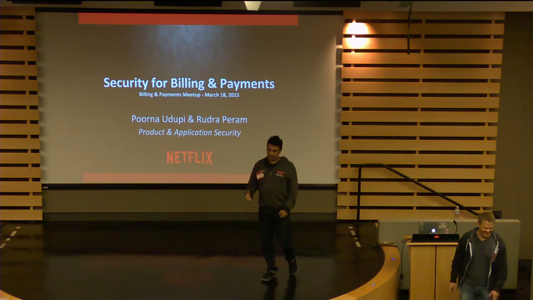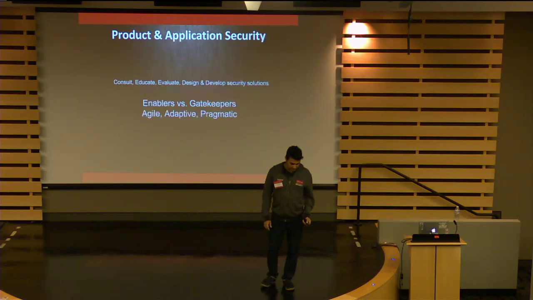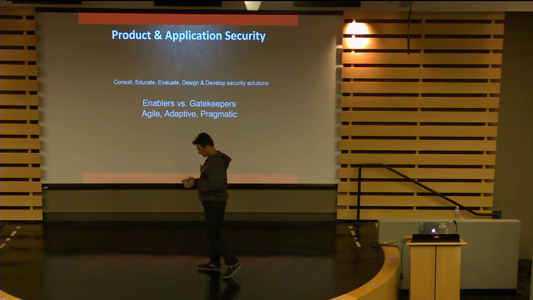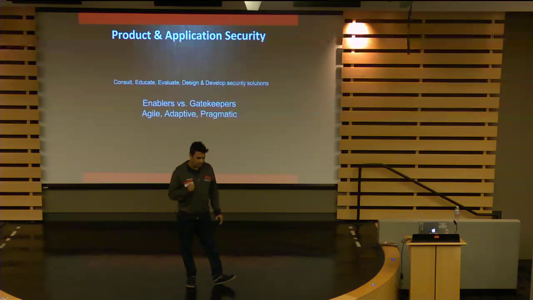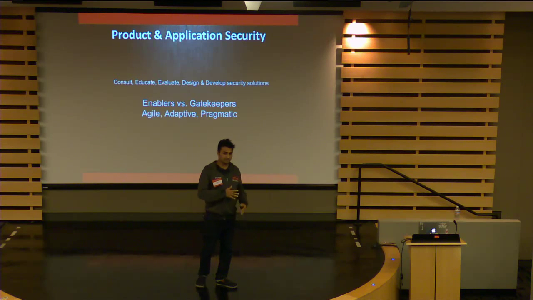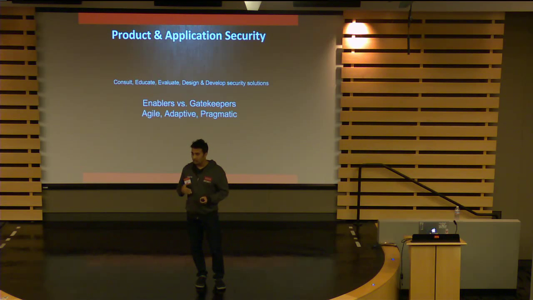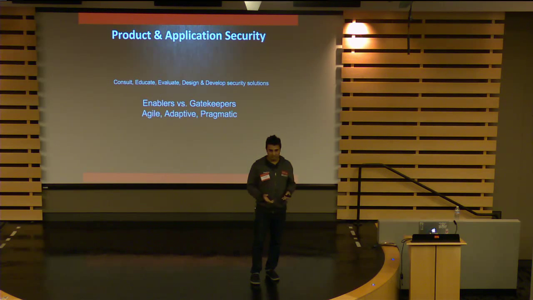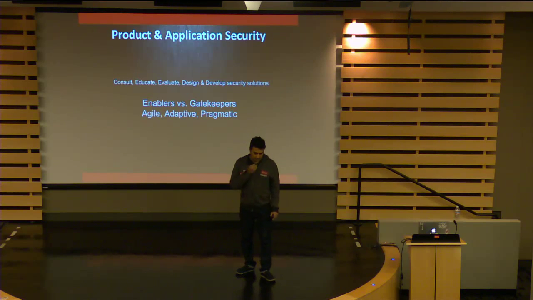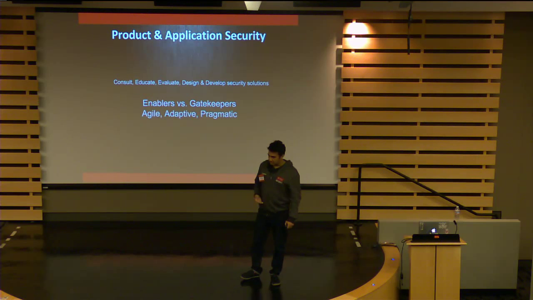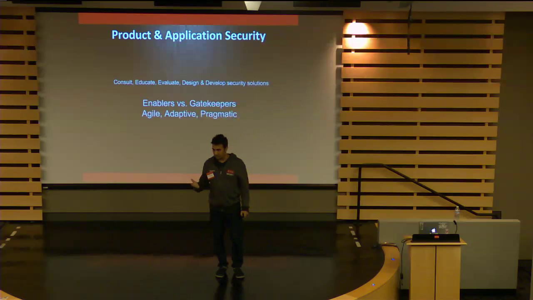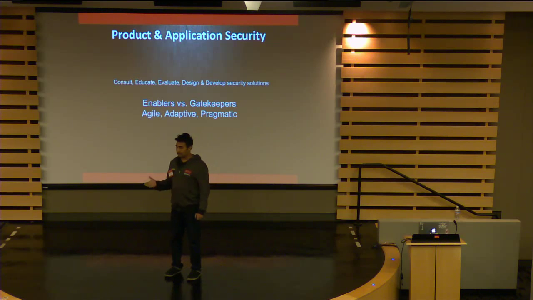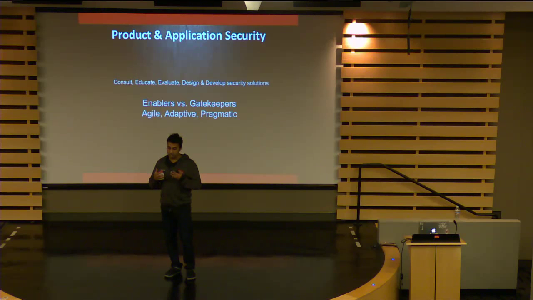Today we'll talk about how we think about security for billing and payments. My team, Product and Application Security, is in charge of security for the Netflix product. And we work with different teams, and you know how Netflix is, we run on tens of thousands of instances on the AWS cloud. We are always trying to strive for a very high velocity of feature delivery. And the charter for my team is to enable this agility for these teams while at the same time maintaining security for the product. And while we try to do that, we do security assessments, we do code reviews, the typical run-of-the-mill, but at the same time we are putting out tools, libraries, self-help applications and services so that the teams can consume security in what we would like to be a prescribed way